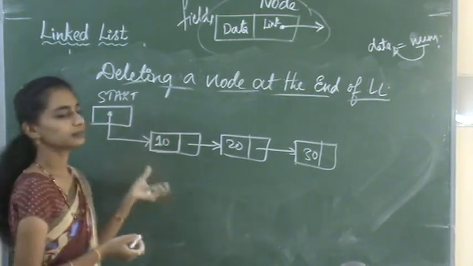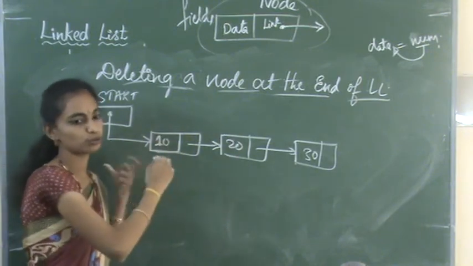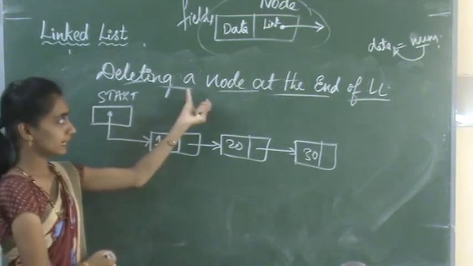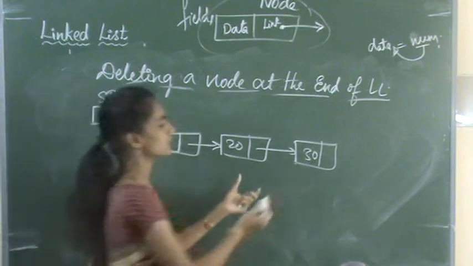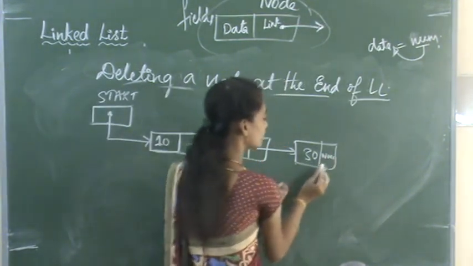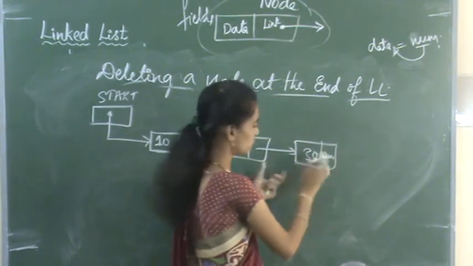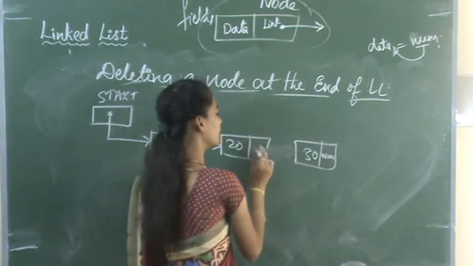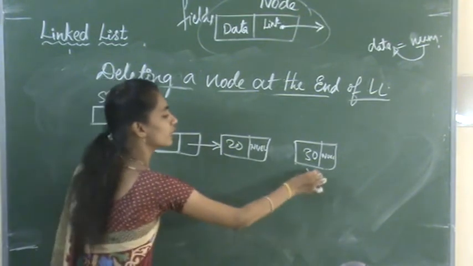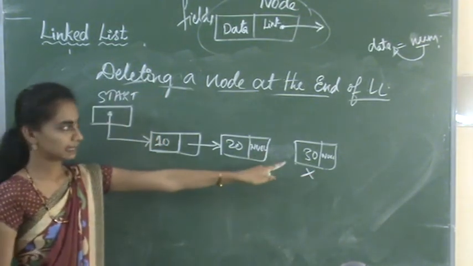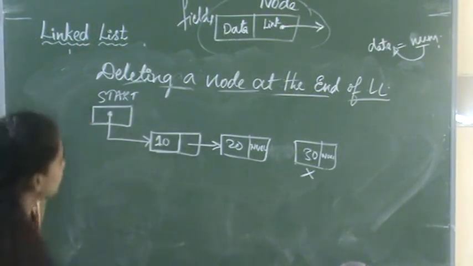So for that we are shifting those values. After writing the algorithm, I will tell how to assign those. In this case, we have to delete the node at the end. So this is a linked list, and this is the last node. We are removing this node from the linked list, freeing this node, deleting this link and making it null. This is the linked list after deleting the element at the end.